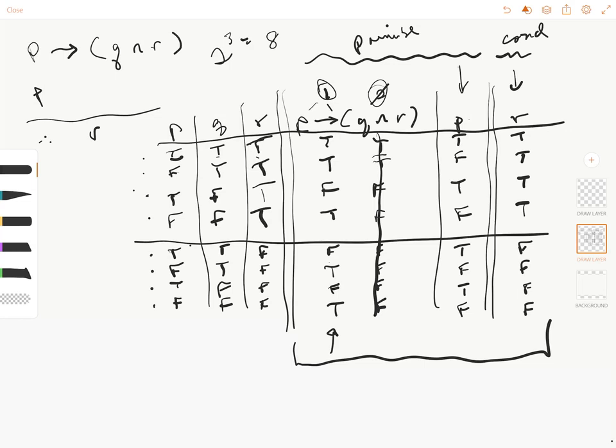What we're going to look at is this part of the truth table, the premises and the conclusion. And we're going to ask the question, is it possible for the premises to be true when the conclusion is false? Now, we could do this row by row. If you look at the first row, for instance, the first premise is true, the second premise is true, and the conclusion is true. Obviously, when the conclusion is true, it can't violate the definition of validity, which is, if the premises were true, the conclusion cannot be false. So it's more